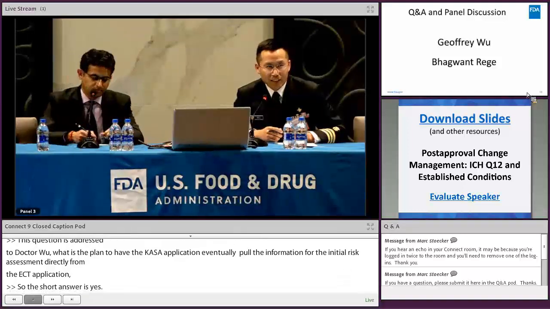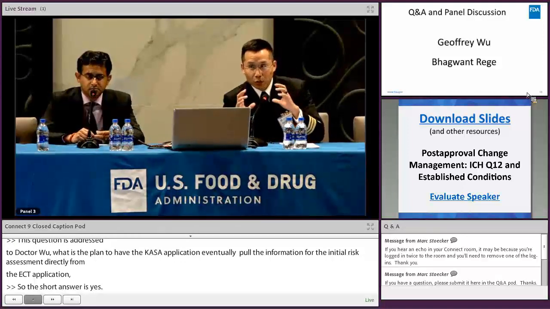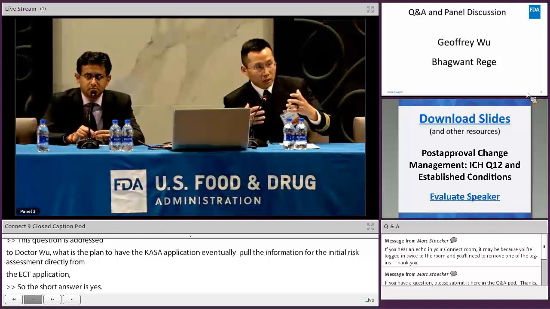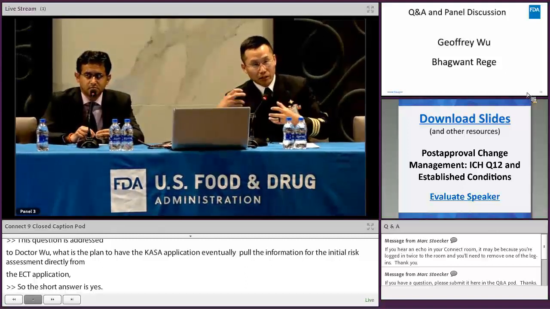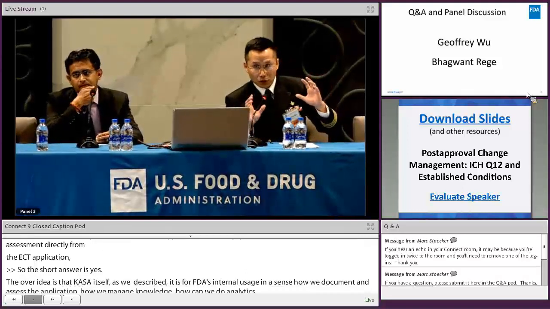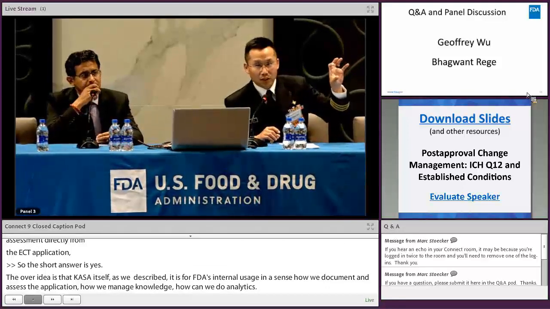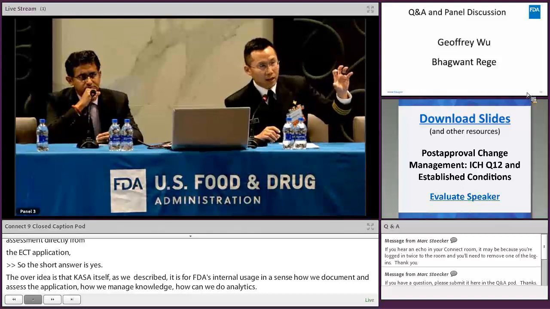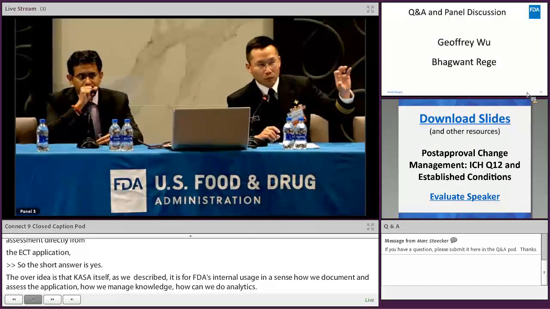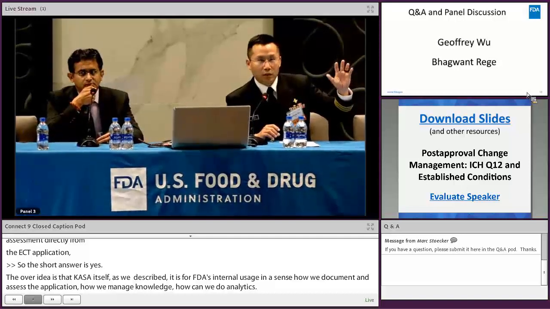The overall idea is that CASA itself, as we described, is really more for FDA's internal usage, in the sense of how we document and assess the application, how we manage the knowledge, and how we do data analytics. But if you remember that specific picture, on the left-hand side we have an envelope, right? That's where the structured application will kick in. And our overall vision is that the structured information will be operationalized through the PQCMC